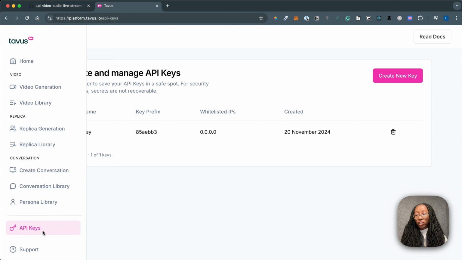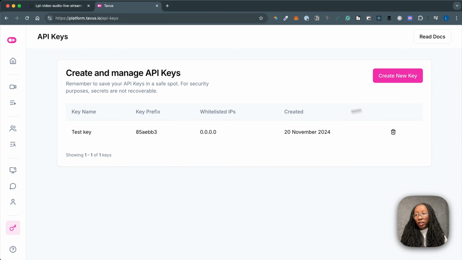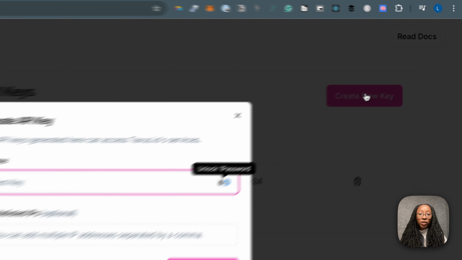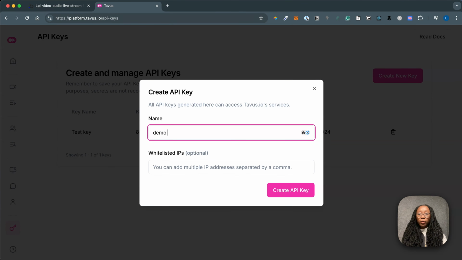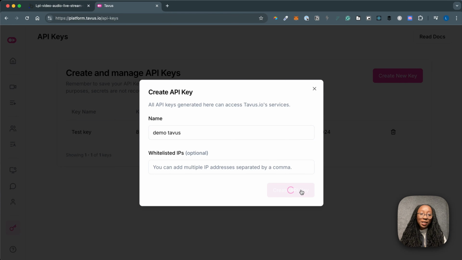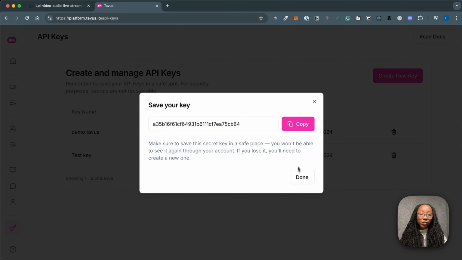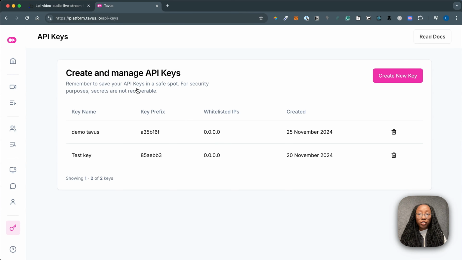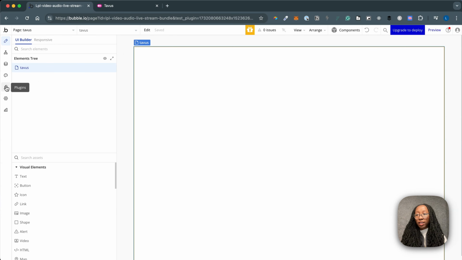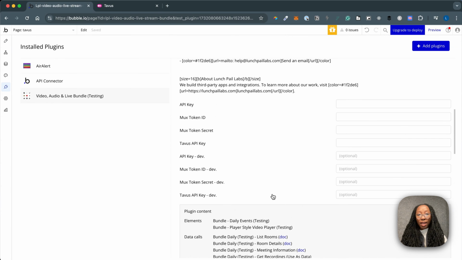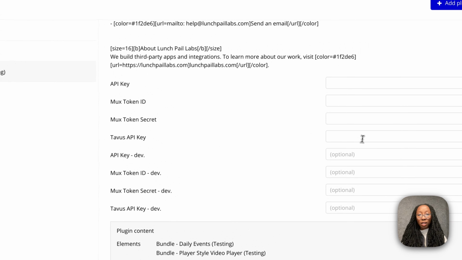API keys section here. When you log in to your dashboard, I'll also include a direct link. We're going to create a new key. I'm going to call it Demo Tavus. For the purposes of this demo, I'm going to expose the key, but remember, keep it secret. If you do not keep it secret, people can use your usage credits, and that could be sad. So I've got my API key. I'm going to go into my plugins, and I'm going to pop it into this Tavus API key